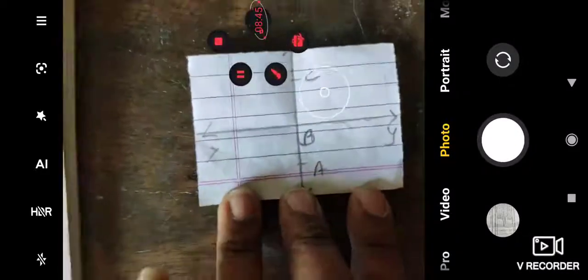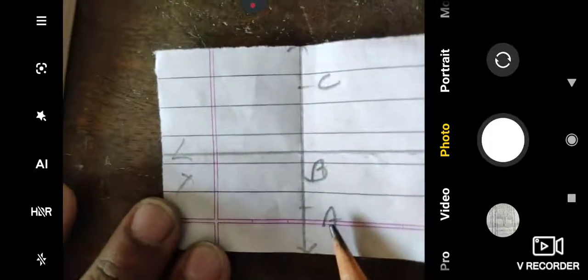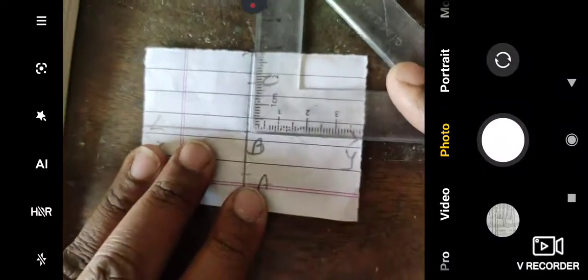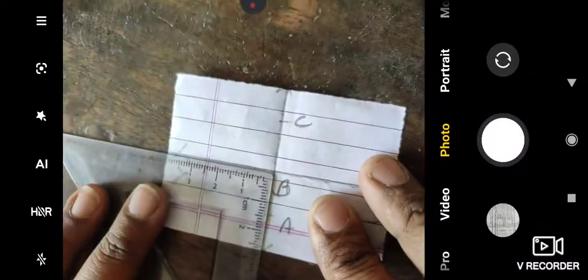Now here on this paper I just give the names and draw the lines on it. So here it is line XY and AB is perpendicular on it. If I measure each angle, you will notice its angle measure is equal to how much? It is 90 degree. You see here, exactly it is 90 degree. If I hold it in this way, it is also 90 degree. This side also 90 degree. The meaning of perpendicular is that the angle between the 2 lines is equal to 90 degree. So we verified the angle and it is 90 degree.